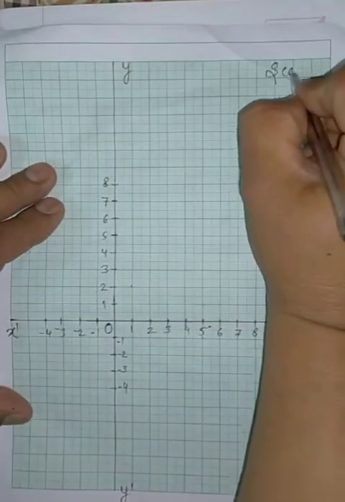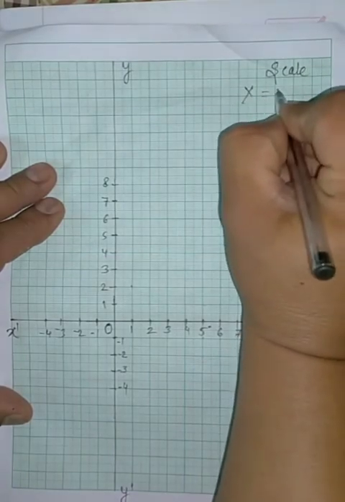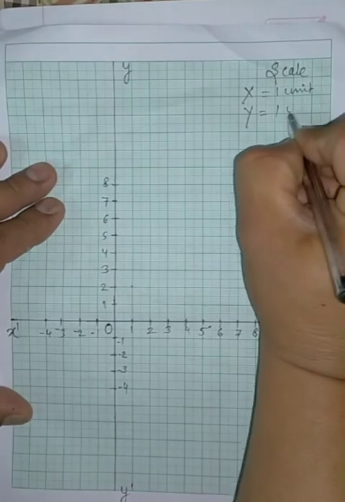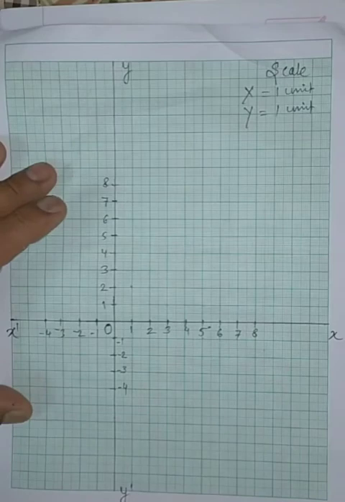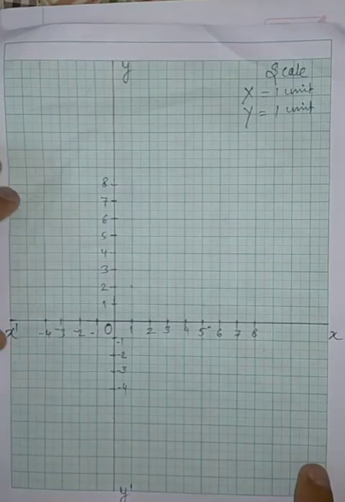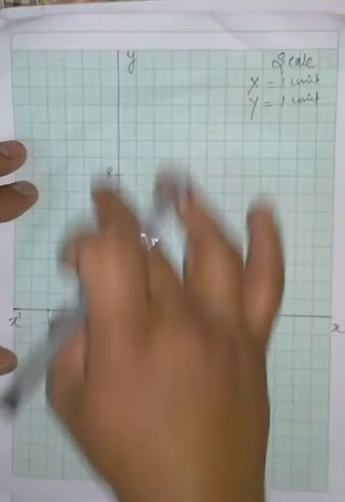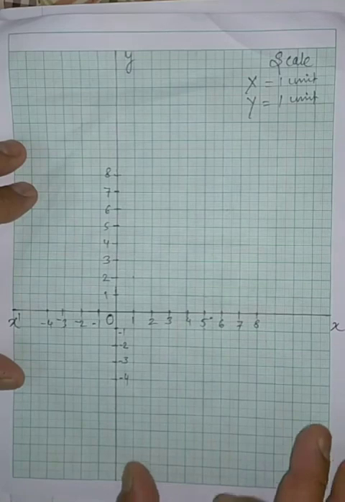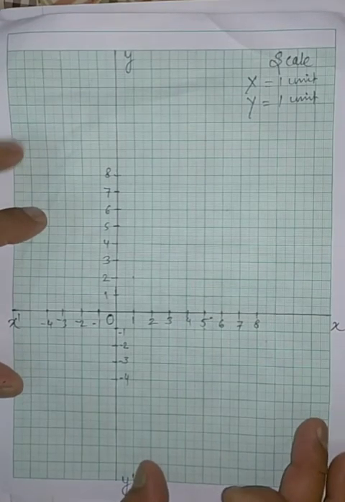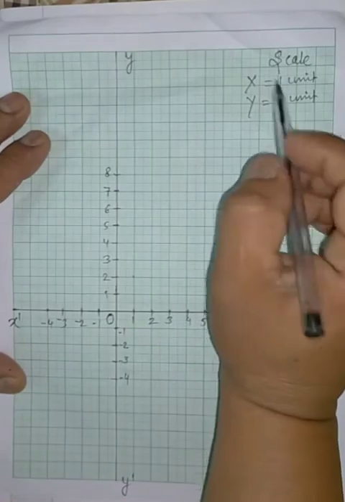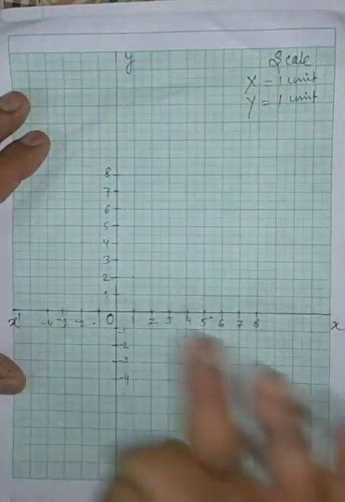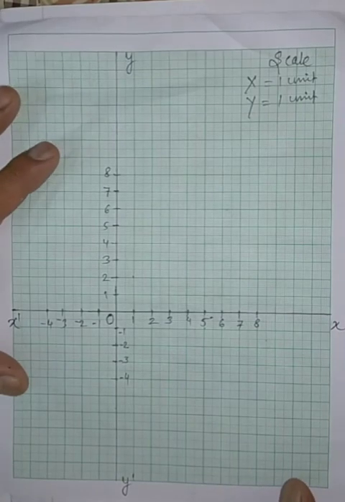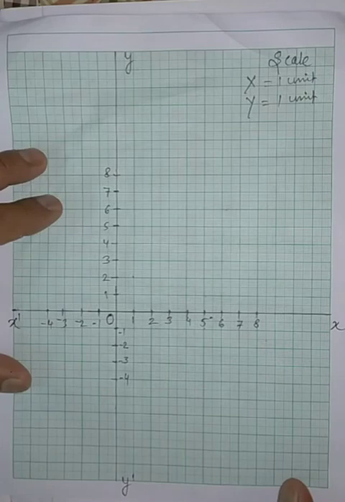First we will write here scale. On x-axis we have taken one block is equal to 1 unit. On y also we have taken one block is equal to 1 unit. Now children, please make sure that when you plot the graph, this kind of starting has to be given so that we don't lose the marks in exam, because in hurry or in carelessness we always forget to write the scale and write the axis origin values, which is required. It is compulsory. Otherwise, if you don't do so, you can get your marks cut.